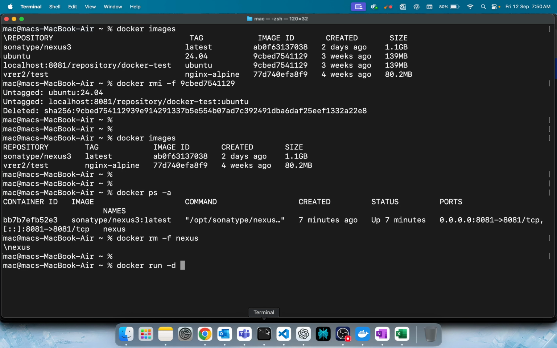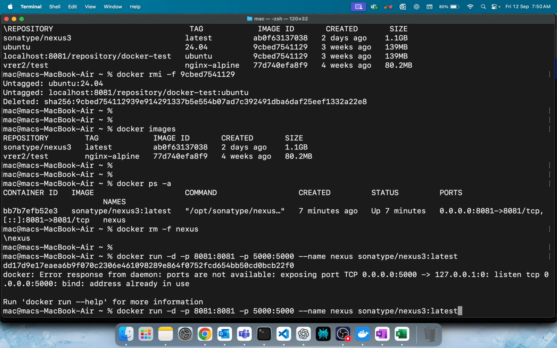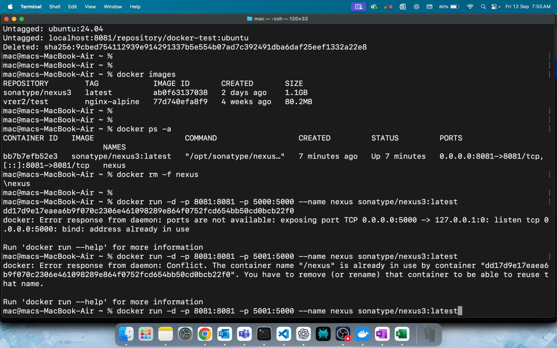Docker run, 8081, what is it? 5001 or shall I use 5000? 5000, name nexus. And what is the image name? This one. I'll tell you why if it works here. Exposing 5000. Let's keep it 5001. See, I'm using host port 5000, it's already been occupied, so it will throw this error. Let's make it 5001. Obviously,